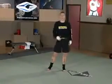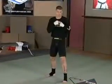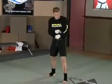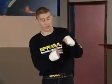Now that we properly have our hands wrapped, we're going to start off with some basic punches. Of course, the jab and the cross. First with the jab, you always want to make the impact of the punch the first two knuckles, and bend the wrist slightly down. Don't keep it straight up. Slightly down. That way the knuckles will make contact with your opponent or punching bag rather than the tips of these